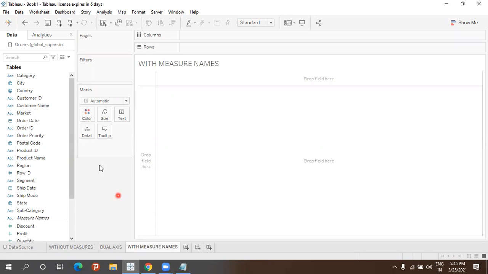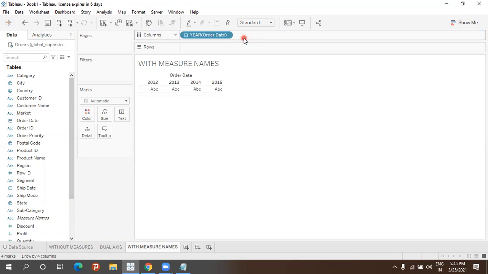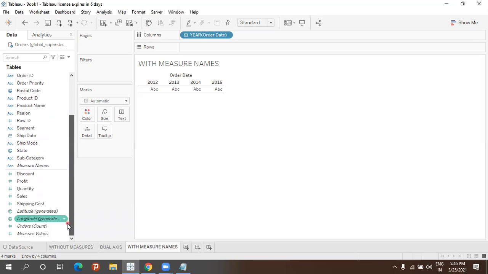Clear? So now what I'm going to do, the same thing, but slightly in a different way. Let me drag and drop order date into the columns. Done? Previously someone answered the last question, who was that? Drag and drop measure names into filters. Who is that? Me, sir. Yeah, Vinita. Exactly what you told.